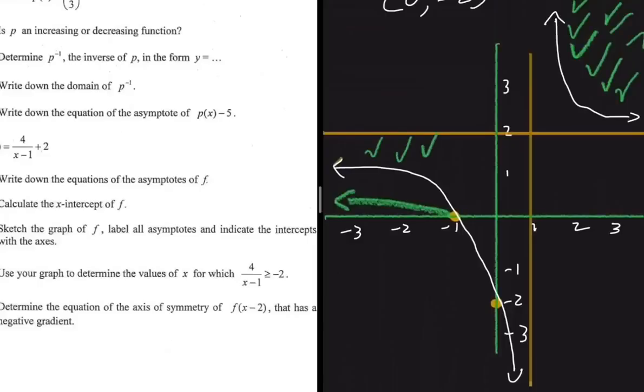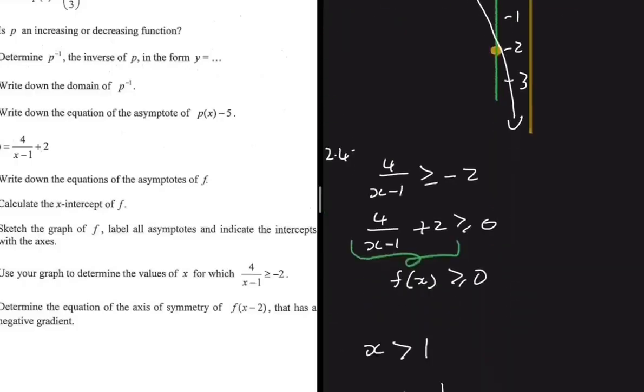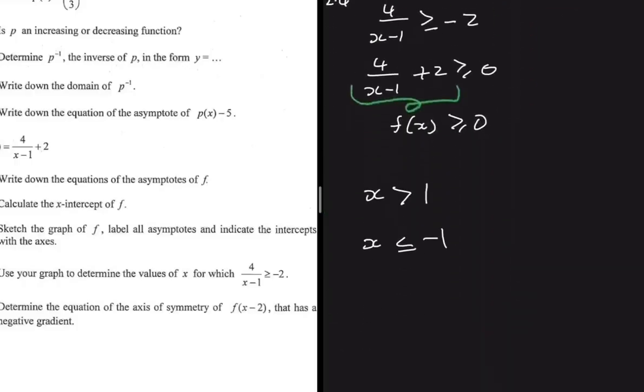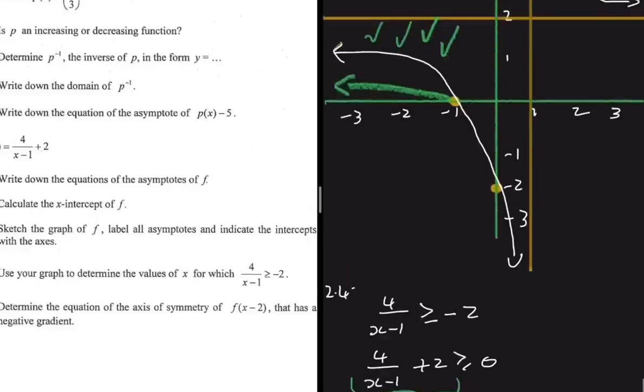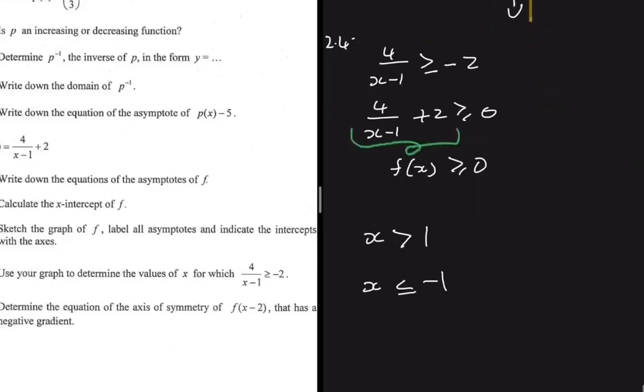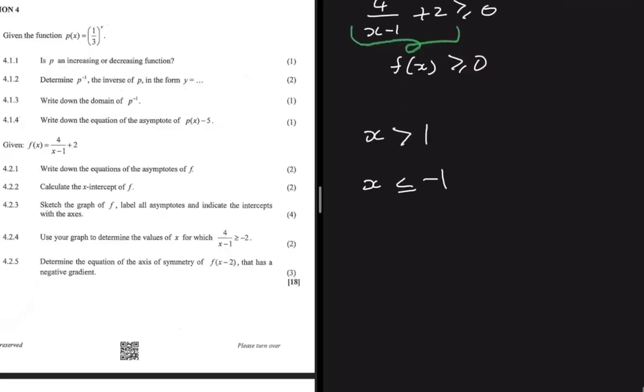It's greater than 0. It's greater or equals to. So here we can put in this equals to, right? It's not going to cause us any issues because our function is defined at x is equals to minus 1. But then here we cannot have an equals to because our function is not defined when x is equals to 1, right? So we're supposed to say x greater than 1, right? And then the last question,